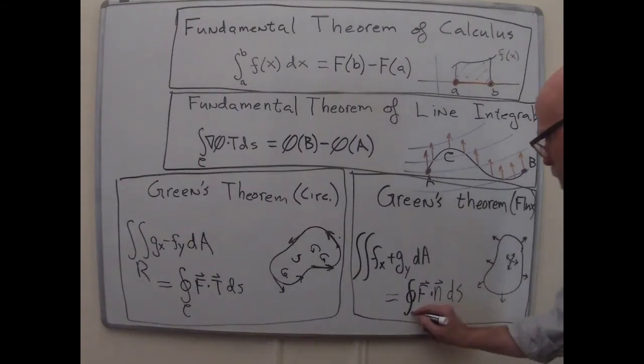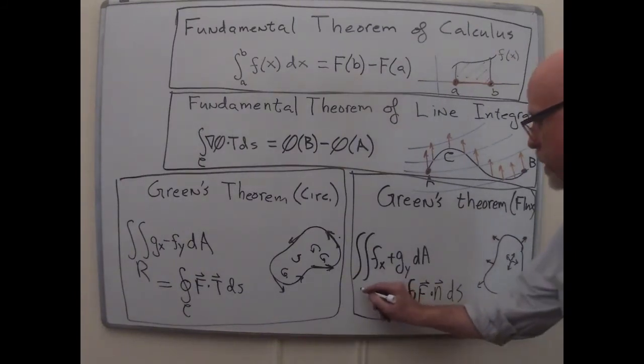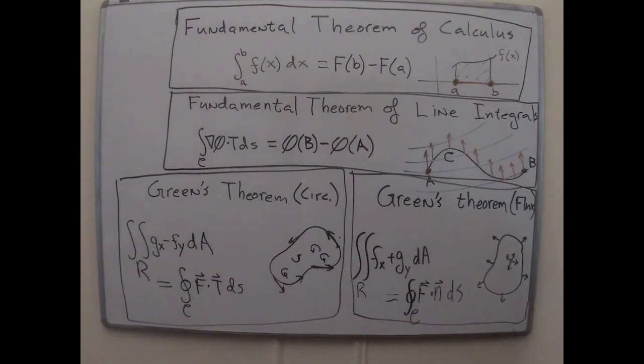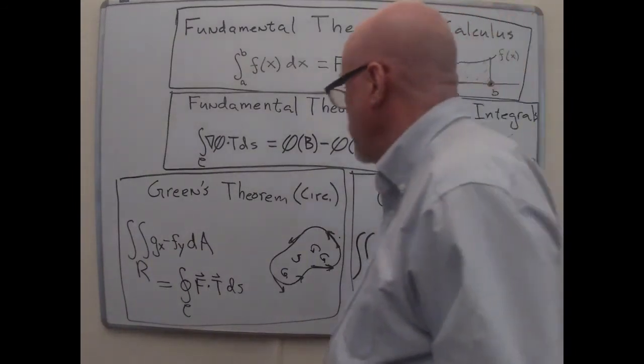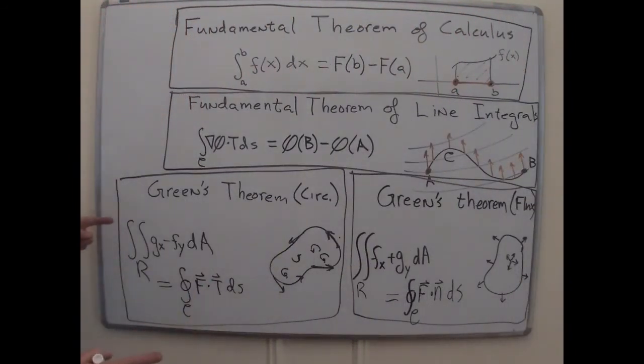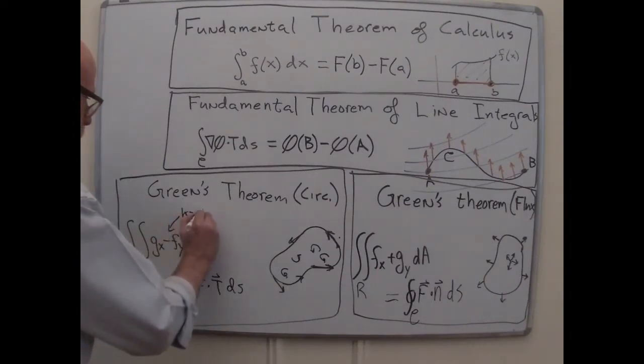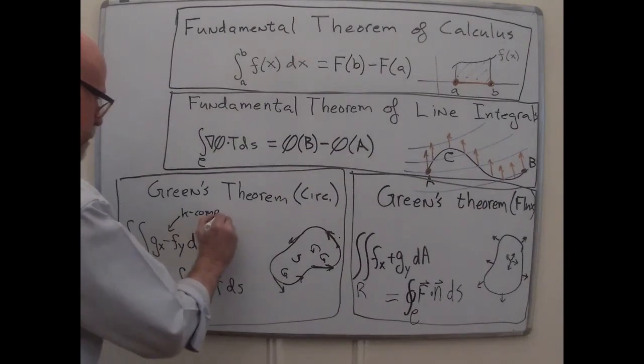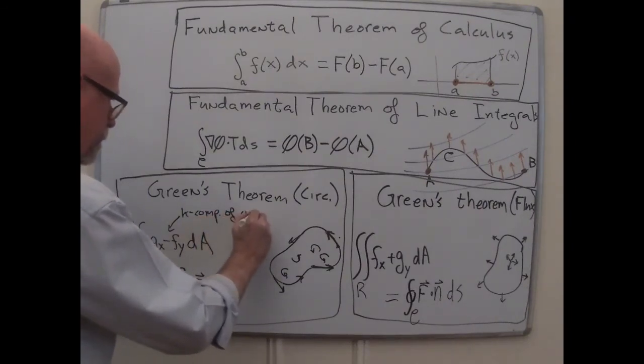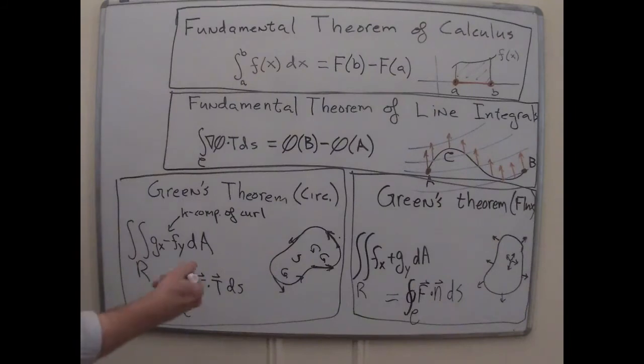I should have probably said this is the boundary curve C, and this is a double integral across the region A. The circulation or flow version of Green's theorem is this one, where, remember the funny term g sub x minus f sub y, that's the k component of curl. And if your flow is actually two-dimensional, it only has a k component. The curl vector that you compute is going to be perpendicular to the xy plane.